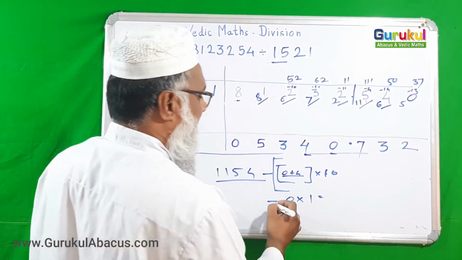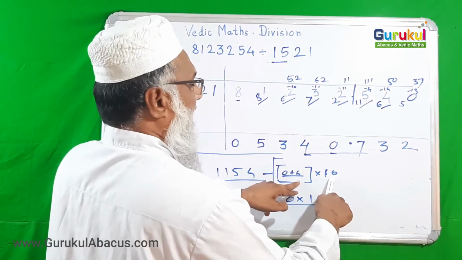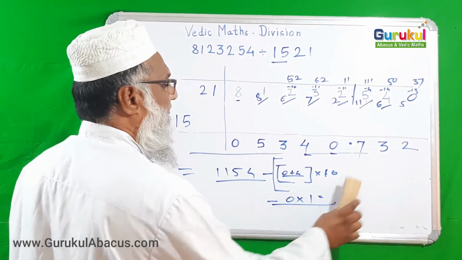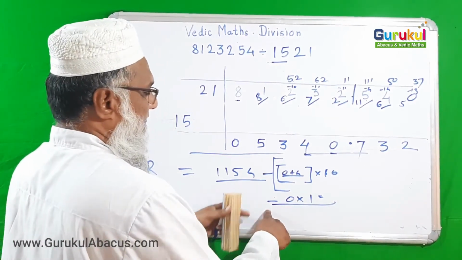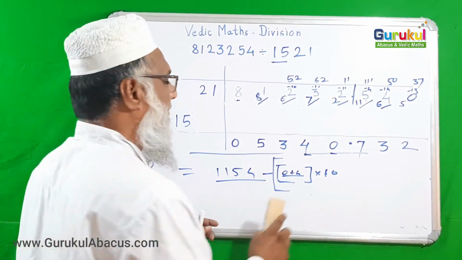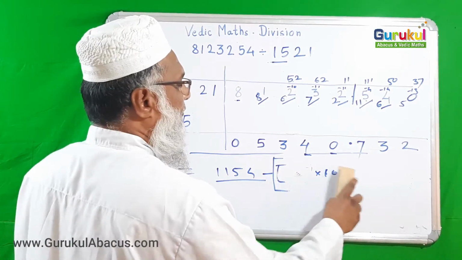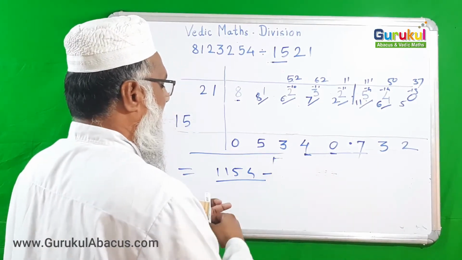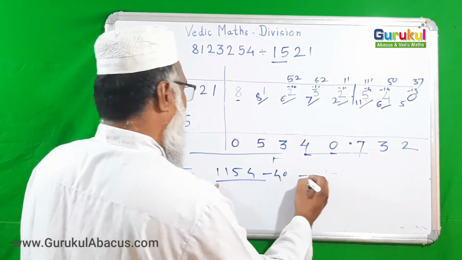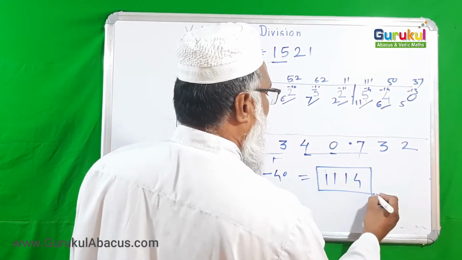This term has 0 value, so forget it. Now 4 into 4, 10. So 4 tens are 40. I want to subtract this from the whole. Just see, this term below has 0 value, so I am rubbing it out because it has no value. Now 0 plus 4 is 4 itself, and 4 into 10, so 40 I should subtract from 8. If I subtract 40 from 8, then my answer is 1114, and this is the remainder of this example.